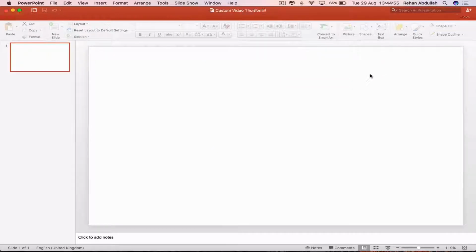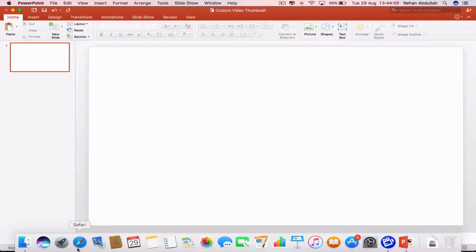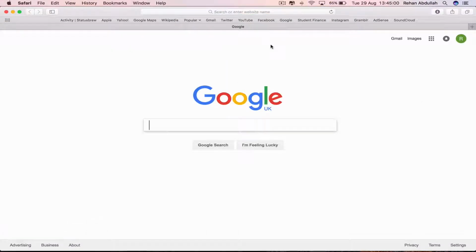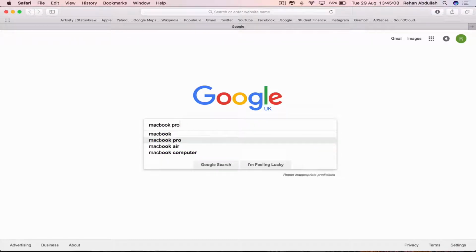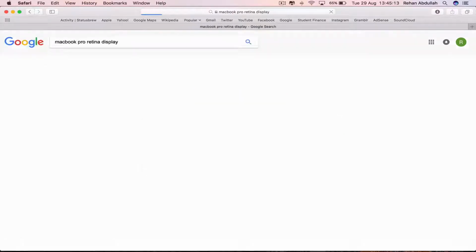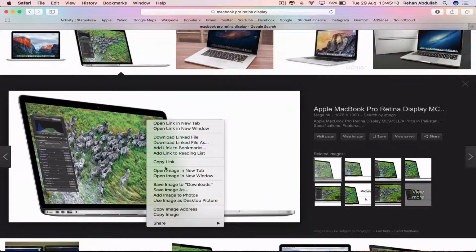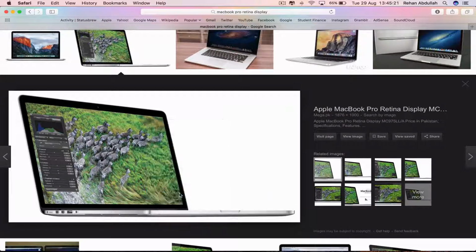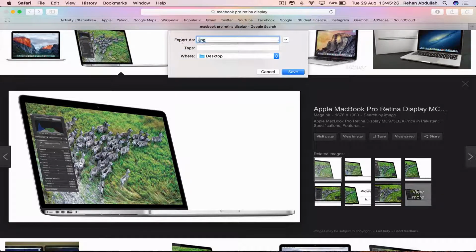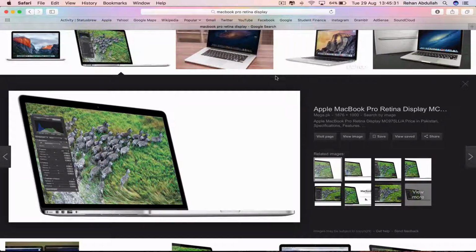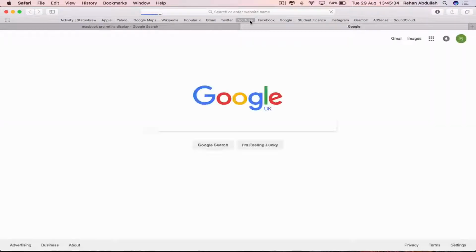So click save, and now we can go to the dock, go to Safari, and we can download an image of a Mac computer. So MacBook Pro, Retina display, and go to images, click on this one, right click and save image as. Remove all this and say mac.jpg, save to the desktop, go on save,